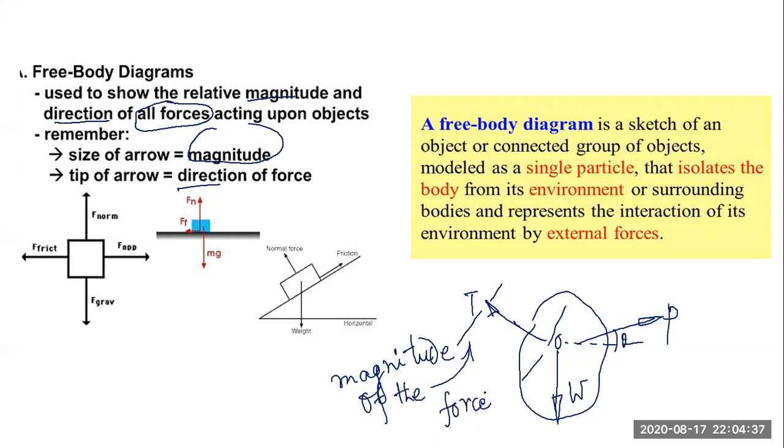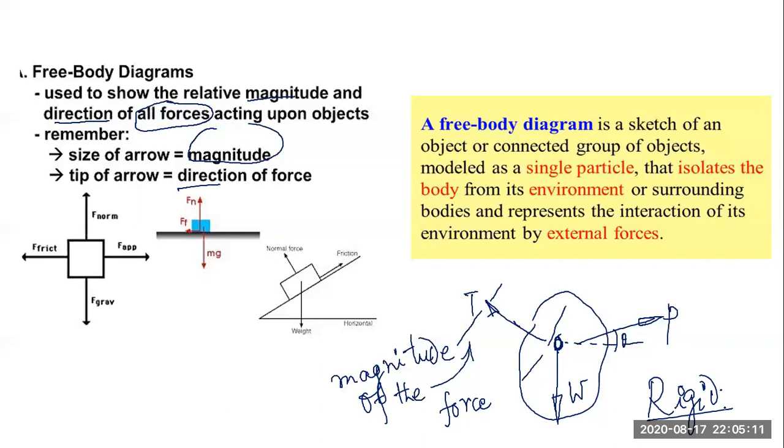And the arrow sign clearly indicates the direction of that particular force. Now, all the forces we can show either towards the point mass or away from the point mass. Both are correct, because as we are assuming the body to be a rigid body, we can extend the force along the line of action. We have already discussed this.